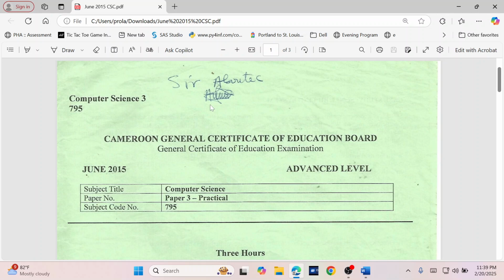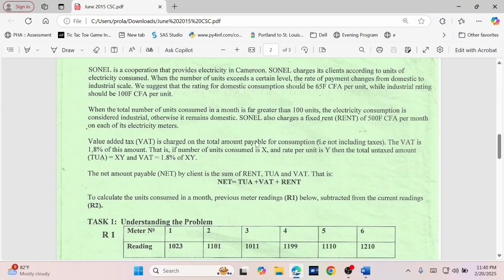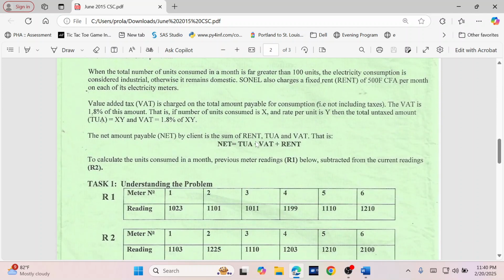Today we'll be looking at paper 3 of June 2015 Computer Science 0795. Generally, paper 3 carries 30% of the advanced level. This particular paper carries 30%, good. And now